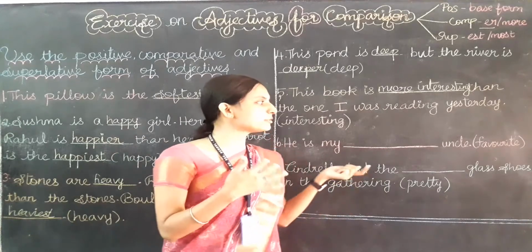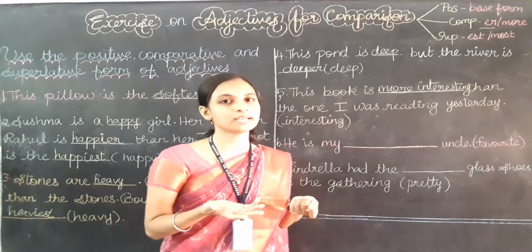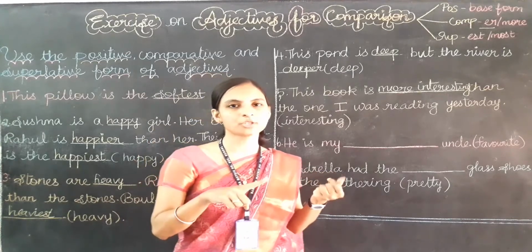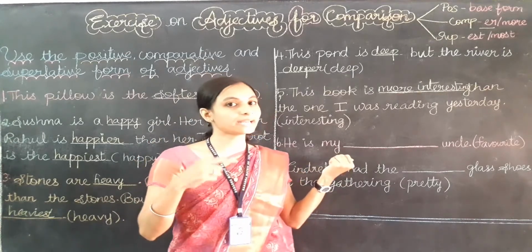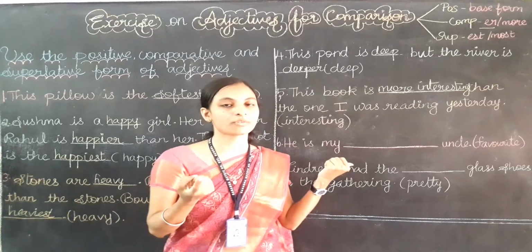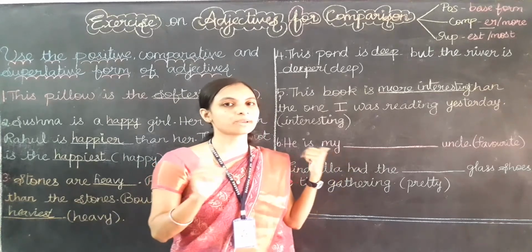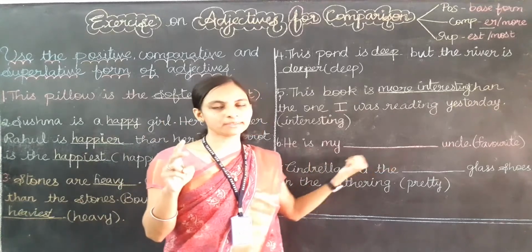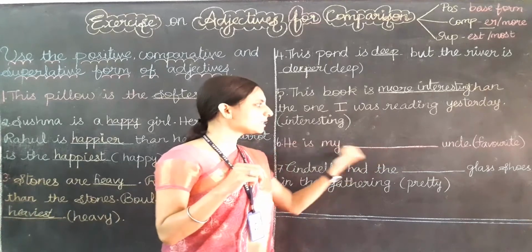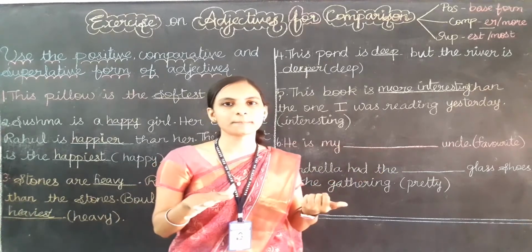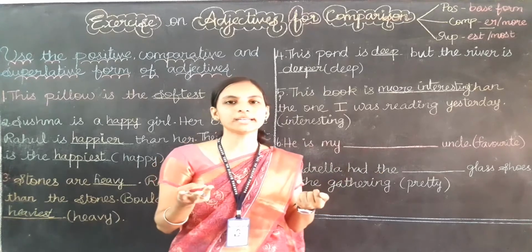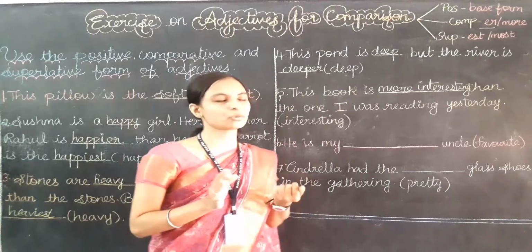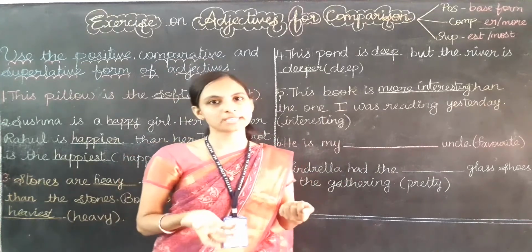So instead of using very, which kind of form do we need to use here? If we are not comparing, we use the positive, but here I am showing the best of my uncles, because he is my favorite. So positive I can't use. What about comparative? Am I comparing this uncle with any other? No, this is just a sentence in which I am not showing any comparison. What about the third kind of form, superlative? Yes, among all these uncles, I am telling you he is my favorite. So here I need to use the superlative form of the adjective.